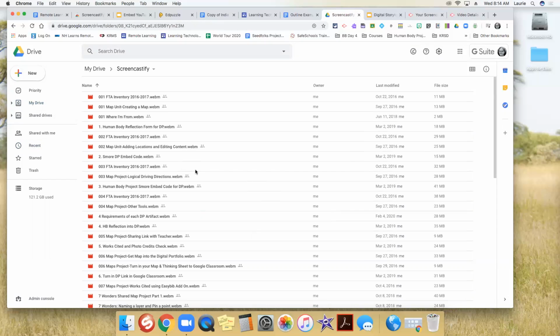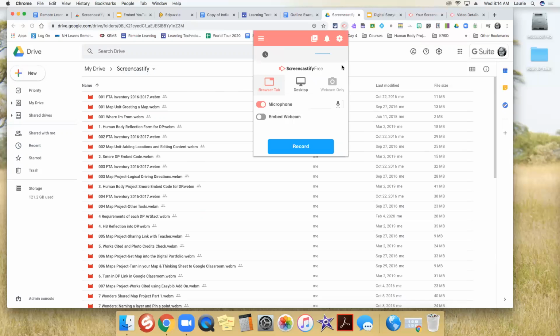So students, if they didn't share something initially, they can share it later. If you're looking for them to add things to a portfolio and you want a collection of this work that they've done, it's all saved here so they can assemble this in the end. They can put the screencasts inside of Google Slides. I'm going to show that as well. So that is sort of the web tab version of Screencastify.